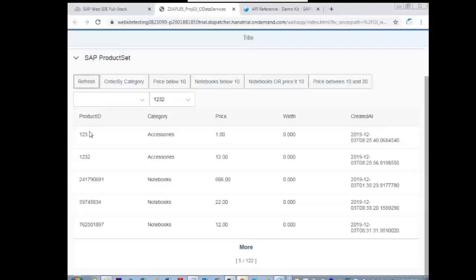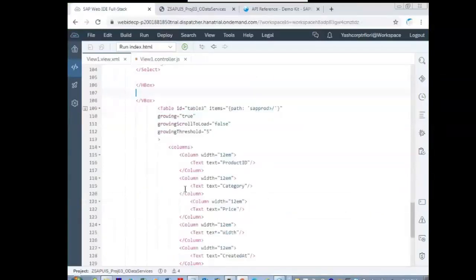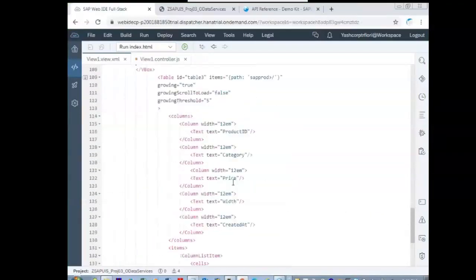Now let us have a radio button at the beginning of the table. Let us go to the view. In the columns, this is all metadata.